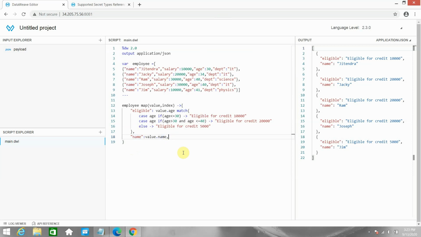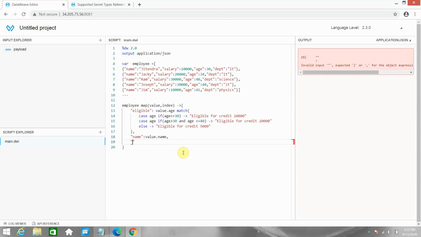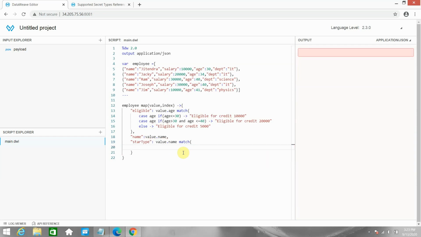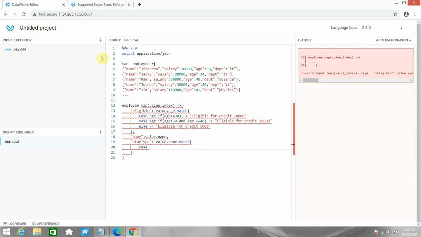So put the comma here, and I can say star type. Okay, and I can say value dot name match again, then two curly brackets. Then in this case I can say case, so I want this value dot name, so where it can be str.